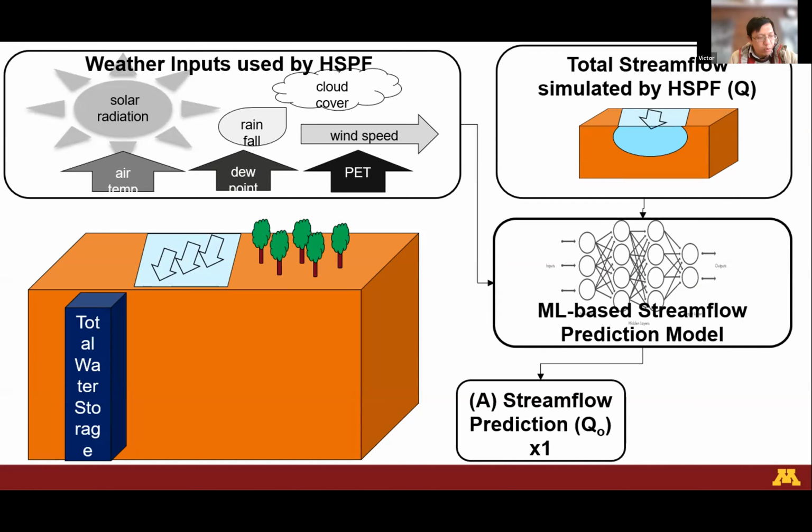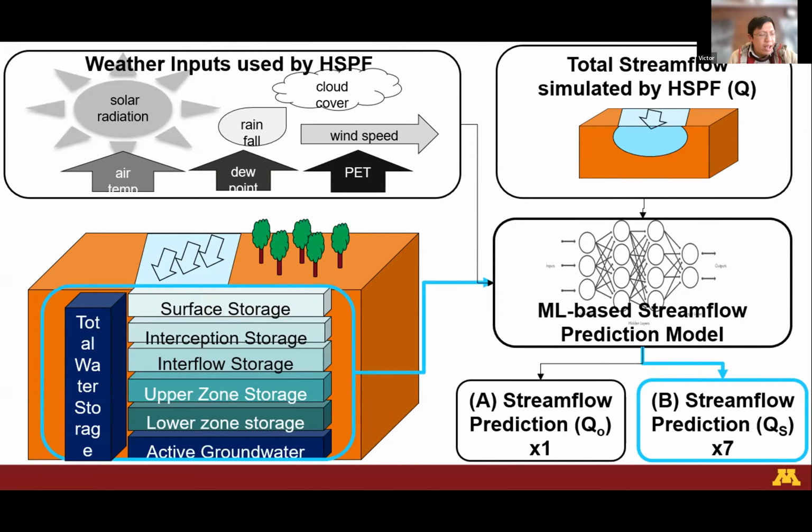And in my experimental group, I will simulate the stream flow with not only the 7 variables from the control group, but also the different layers of the water storage. So my control group will simulate one set of the stream flow prediction that excludes the water storage. And my experimental group will simulate 7 sets of the stream flow prediction that were based on including different layers